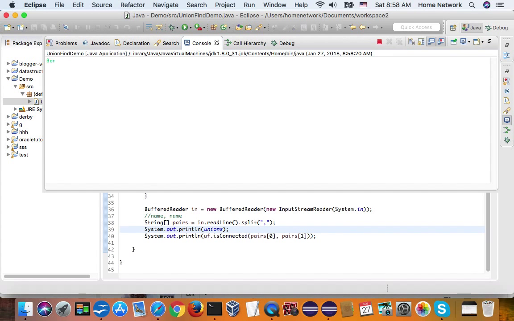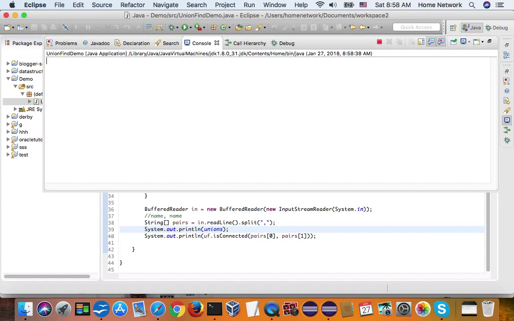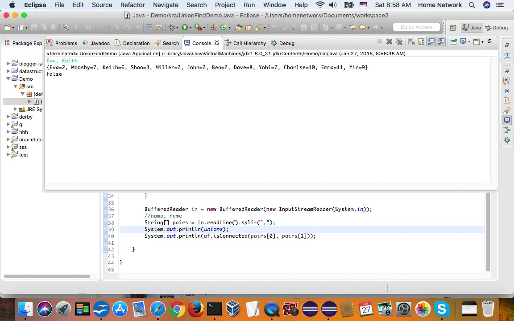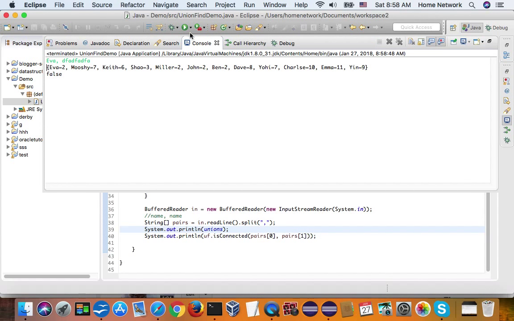Here, let's check Ben and John. John and Ben have the same value, so it's true. Let's check Eva and Keith. Answer is false. And let's check stranger. Answer is false. So just by keeping a hash map, we can answer is connected in a constant